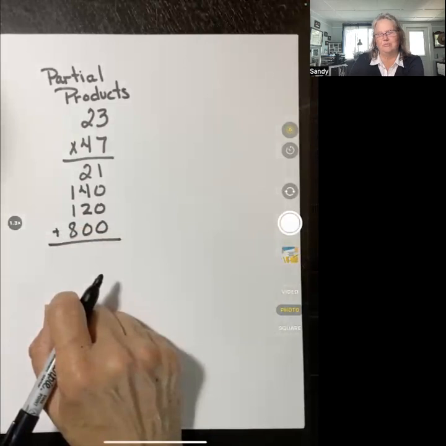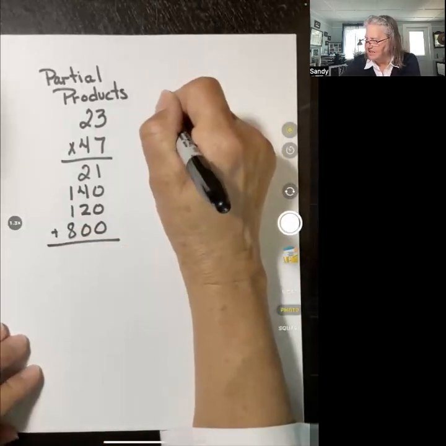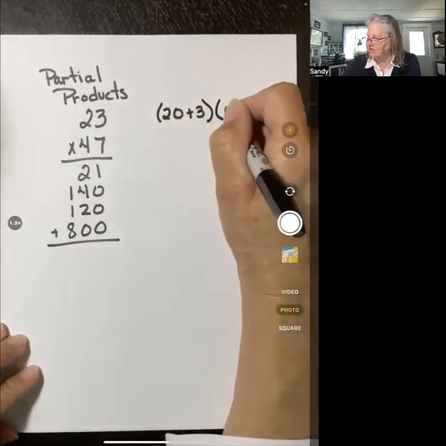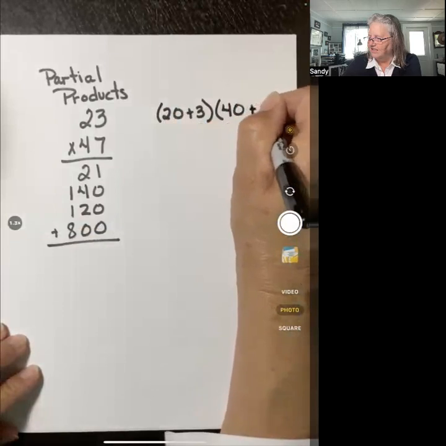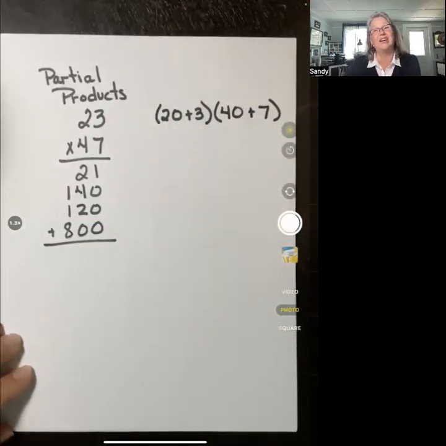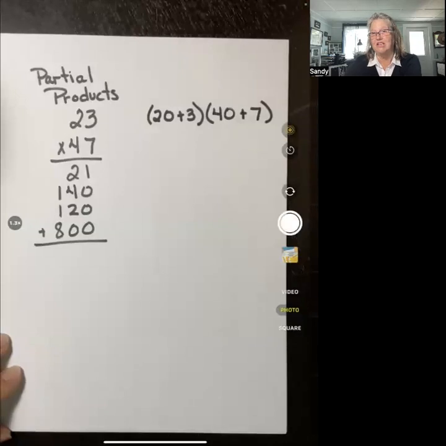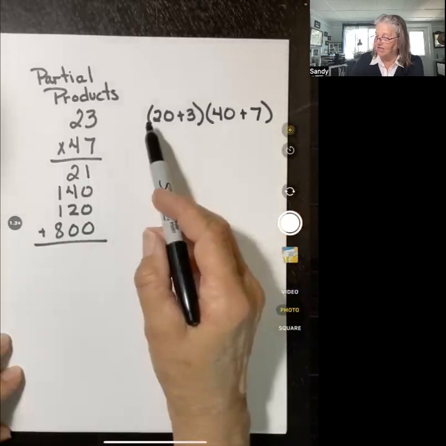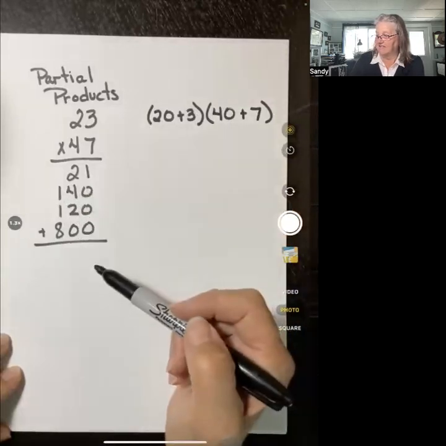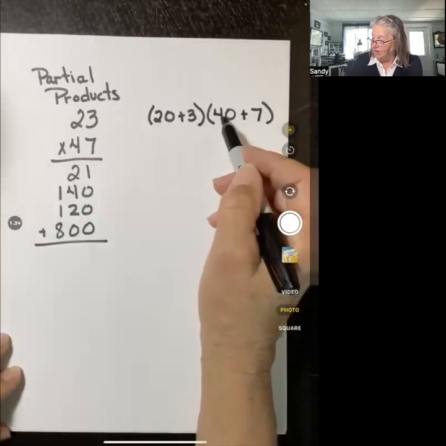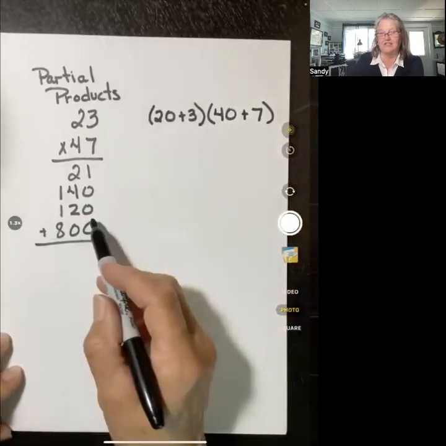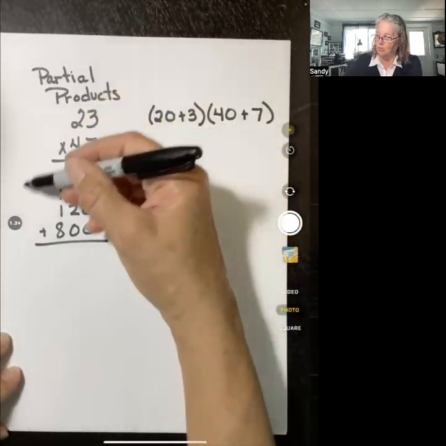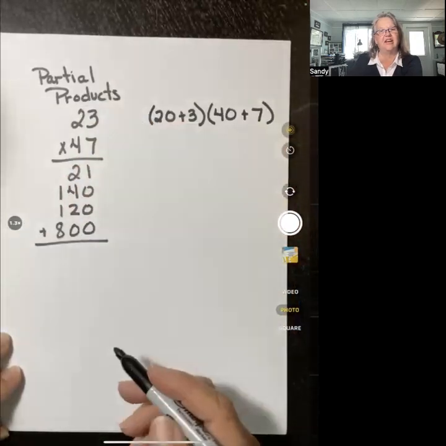But see, these partial products come from understanding that 23 can be thought of as 20 and 3, and 47 can be thought of as 40 and 7. Does this look a little bit more algebraic, right? And what did I do? I did 7 3s. I did 7 20s, right? I did 40 20s, 4 3s. See, it's the distributive property just being represented in a way that looks a bit more like our standard